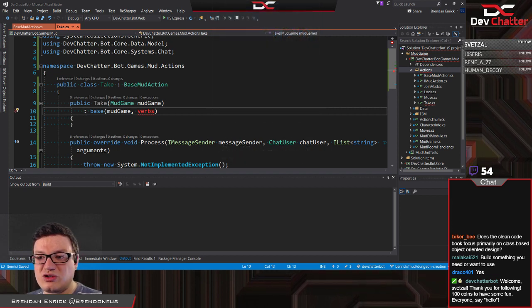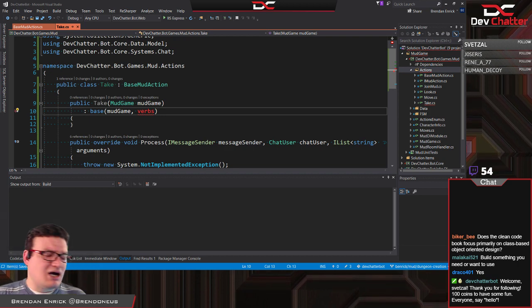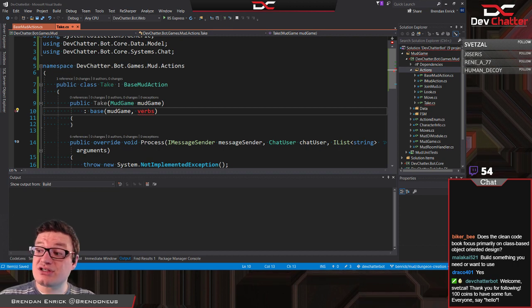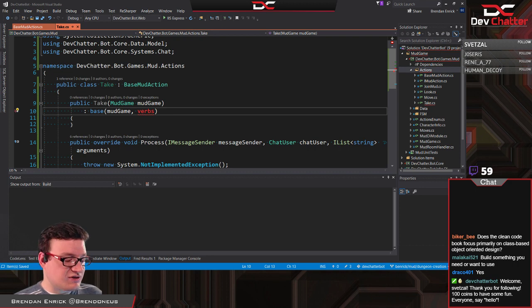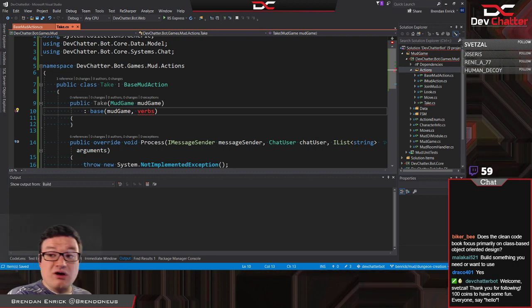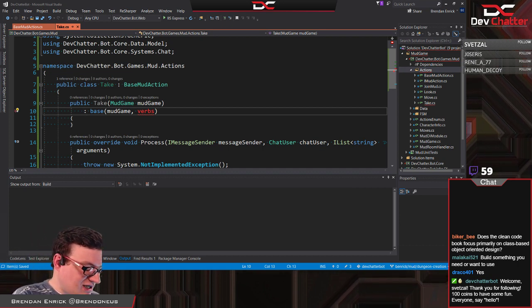Does the Clean Code book focus primarily on class-based object-oriented design, Biker Bee? Primarily, yes. It is object-oriented based. It is actually discussed in Java, not in C#, but I still recommend it to people that are in other languages. There are other aspects of it that apply regardless. It talks about commenting code, different styles of naming, and things like that.